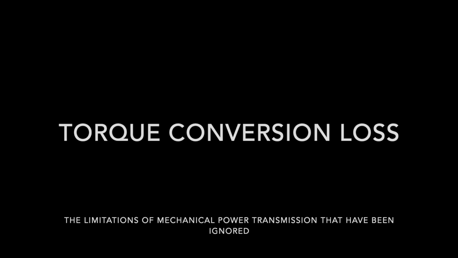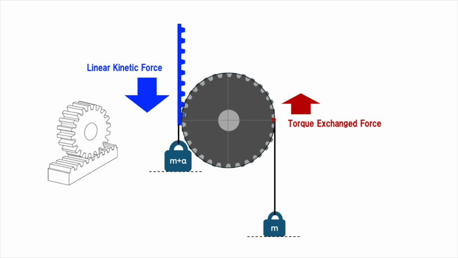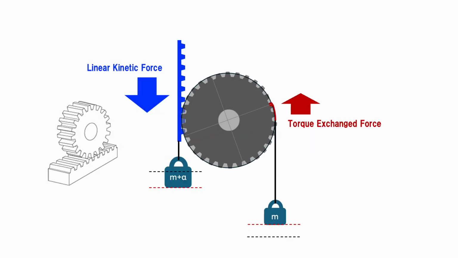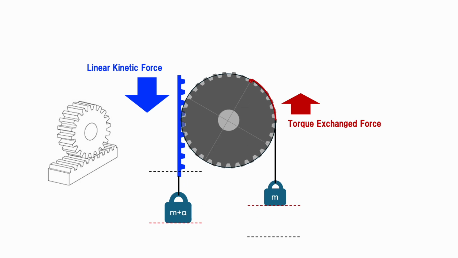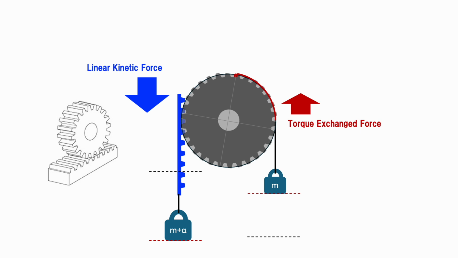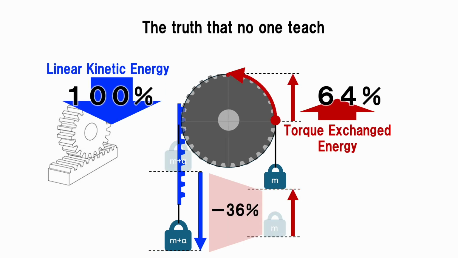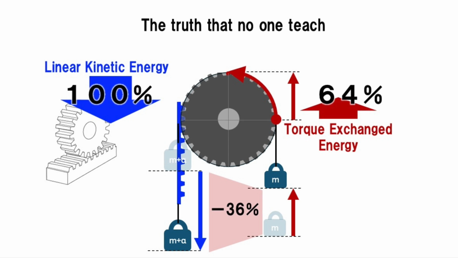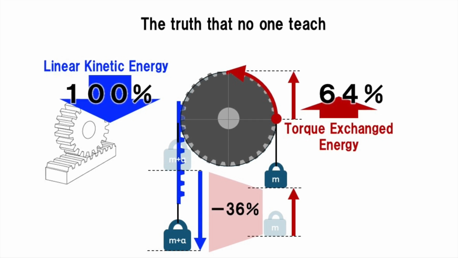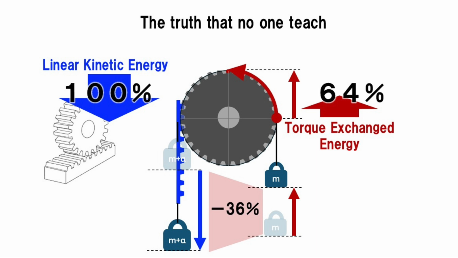For example, there is a commonly used gear set called a rack and pinion gear that converts linear power into rotational power. And we will use this to conduct an experiment to convert linear power into rotational power. And then it has been found that there is a huge conversion loss of 36%, which most people could never have imagined. Even gear experts say that this gear set has a large mechanical friction resistance.